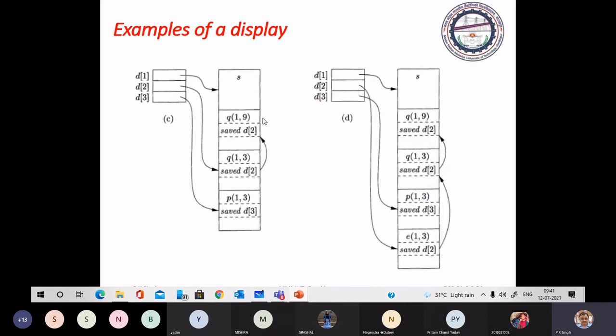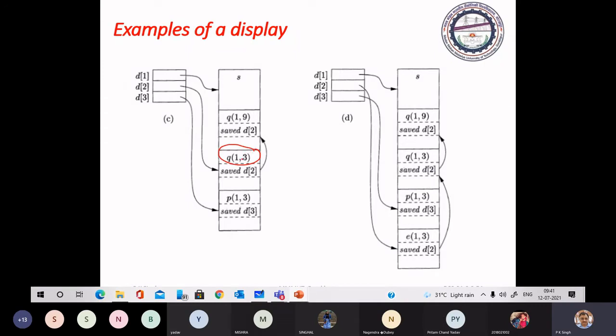You will see here, now just keep in mind how we go for the quick sort example. We are doing quick sort of 1 3.